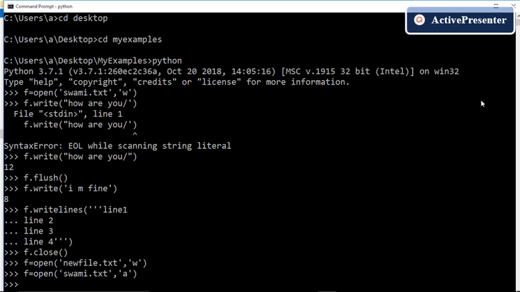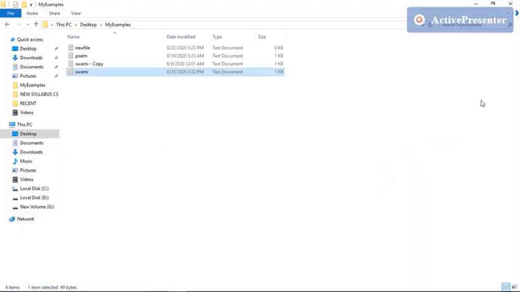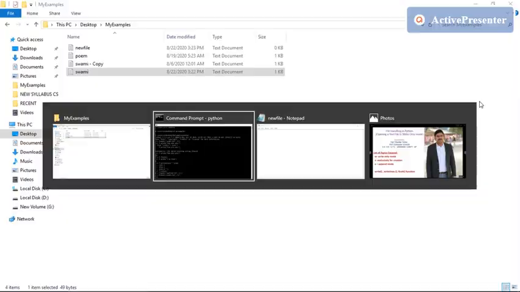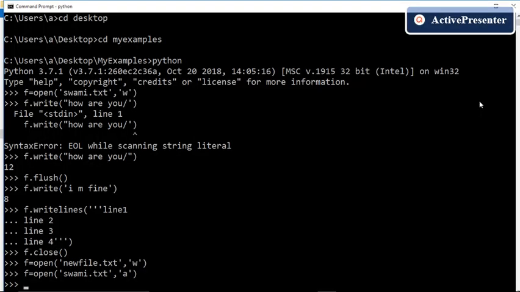Now let us check the content of the file, whether the content has been deleted or not. So I have opened this my examples folder, and we can see that content is not deleted. So we have verified that when we open a file in append mode, content of the file is not deleted. Now let us check the position of the read write pointer, or we can say the present location of the write pointer.